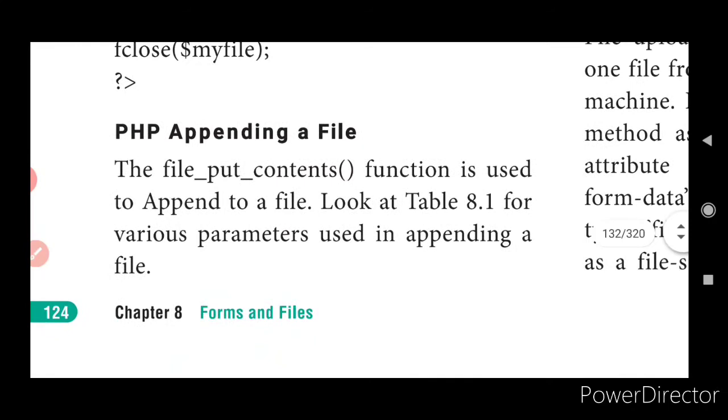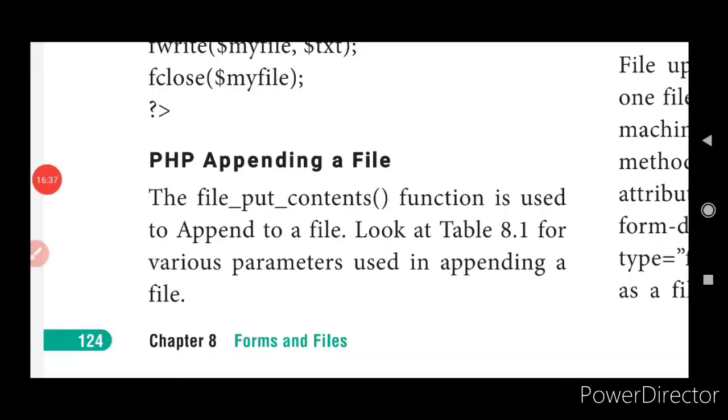What is meant by appending? Any idea? Yes. What is meant by appending? Appending is nothing but you will already have a file. In that, if you want to add some data, I will be using a function called append. Already existing data, adding up data together in it, right? You will not add it anywhere in the front or anywhere in the middle. You will add it up only at the end of the file. Yes, that is going to be termed as what? Append.